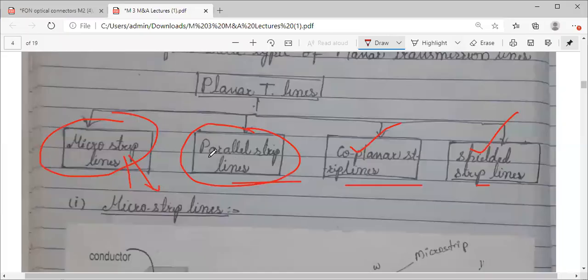So in today's session we completed the discussion on microstrip lines. That is over. So in the next session I will be starting with parallel strip line, its construction, the field discussions, then Z naught, losses. We will see not in depth. A qualitative study is there. So let's see what are the different parameters related to parallel strip lines in the next session.